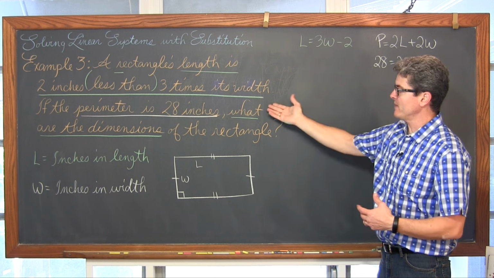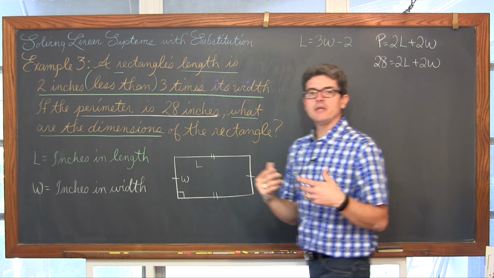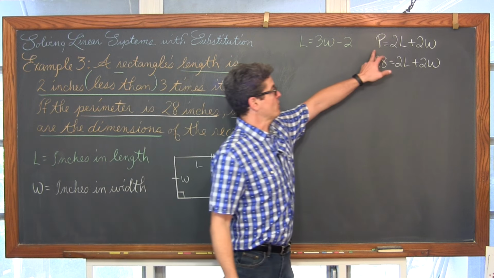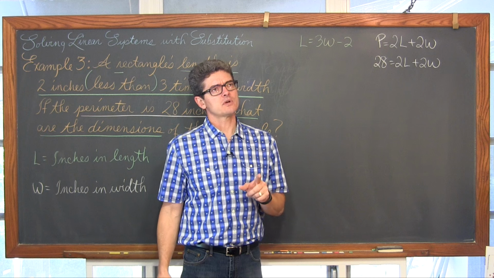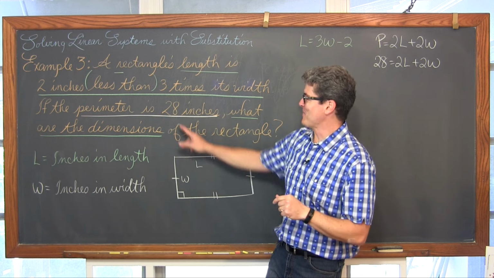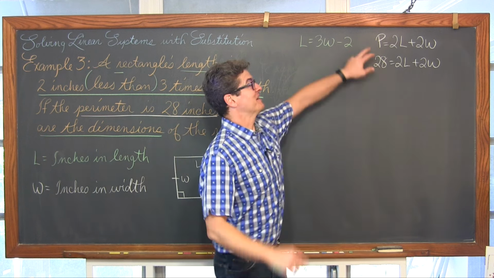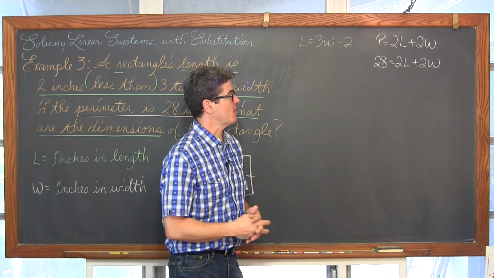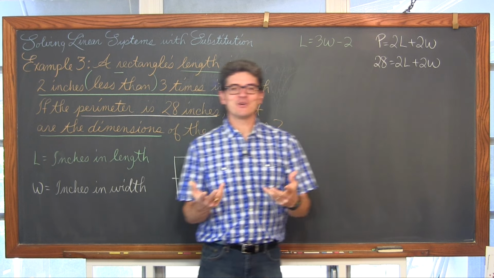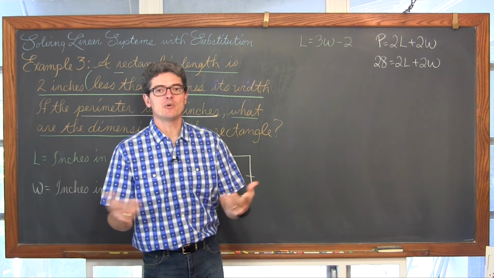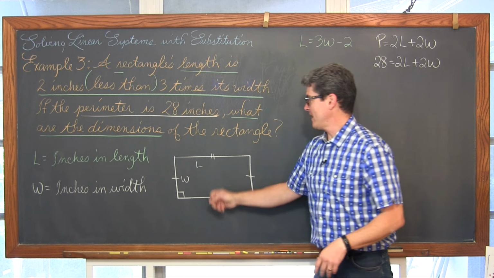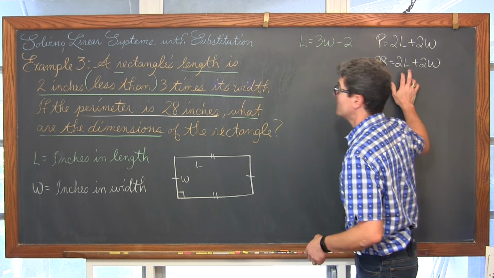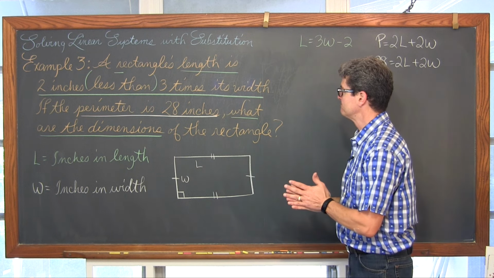And so then we have information about perimeter being 28. Well, anytime a word problem gives you a number with an equation attached to it, you can be guaranteed you're going to need that equation to help you finish the problem. And of course, the perimeter of a polygon is just adding up all the sides. And with a rectangle, you have two pair of opposite sides which are congruent. And that's why we just have the 2L plus the 2W.